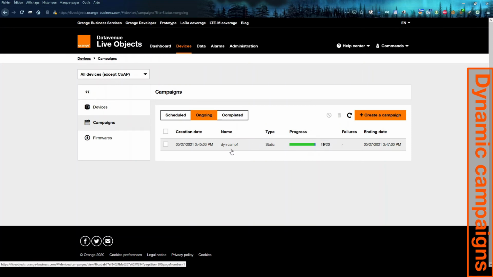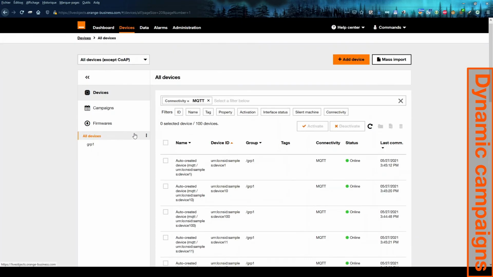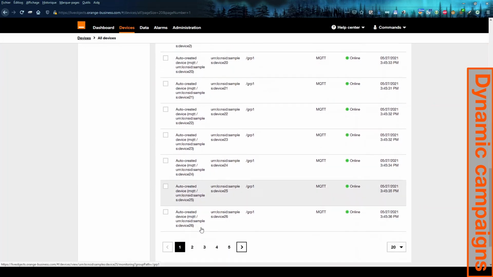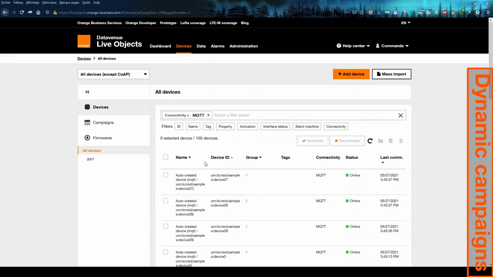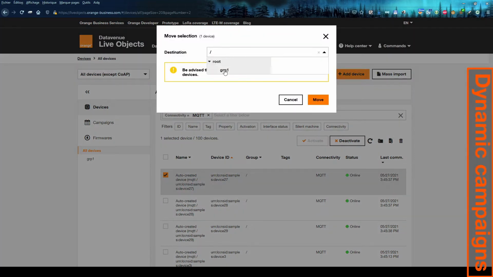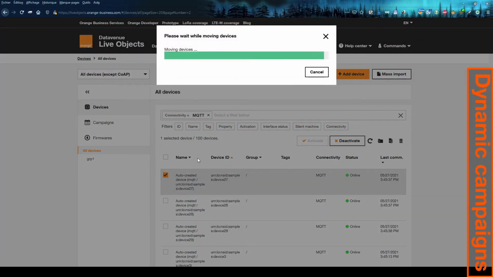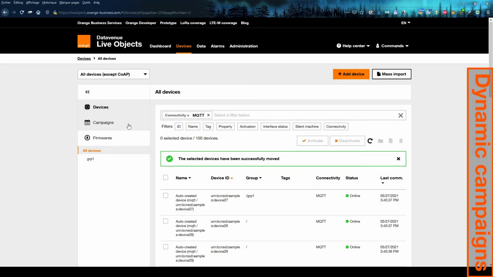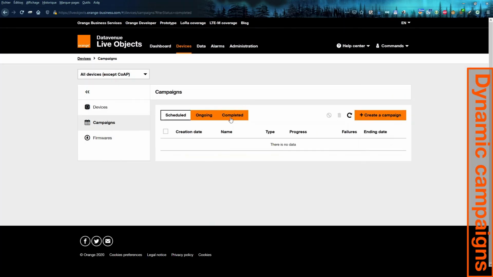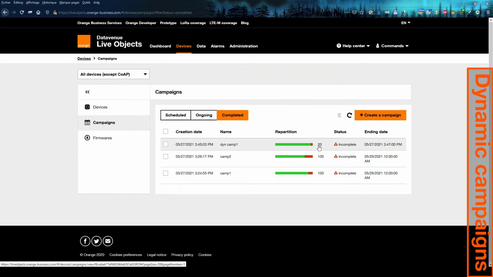One is in failure because of my restrictions on the device side. As it is a static, if I take a device that is not inside the group and that I move it to the group, it has stayed on 20 devices.